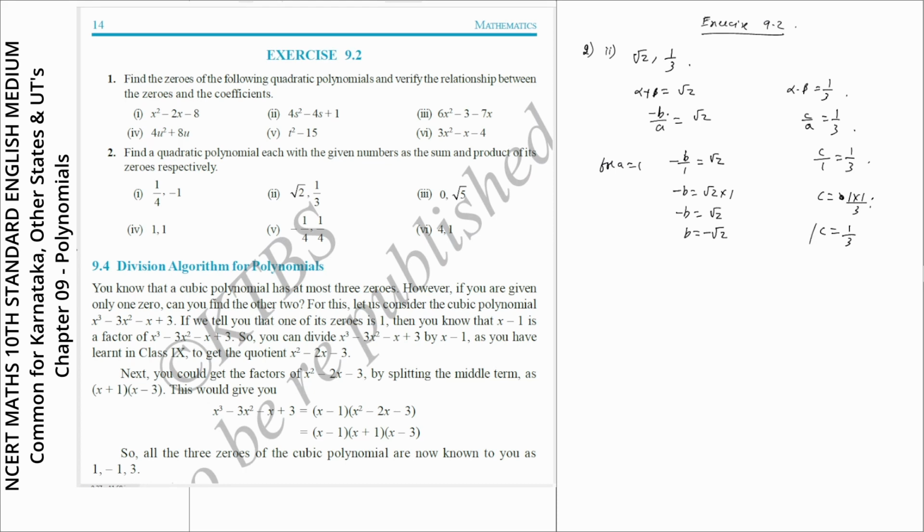So c is equal to 1 by 3. Now therefore one of the quadratic equations which satisfies the given condition